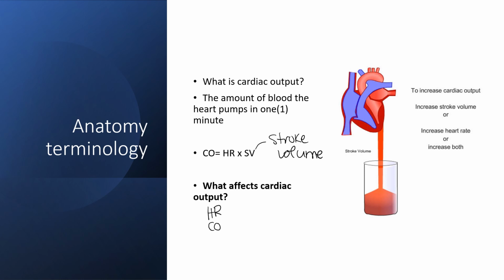Contractility of the heart, and rate and contractility are two different things. Heart rate is how fast the heart is beating. Is it beating 100 beats per minute, 150 beats per minute, 200 beats per minute? Contractility is the squeeze. How hard is that muscle squeezing? That's your contractility. And there are two other factors that affect cardiac output that we'll also define in a minute: